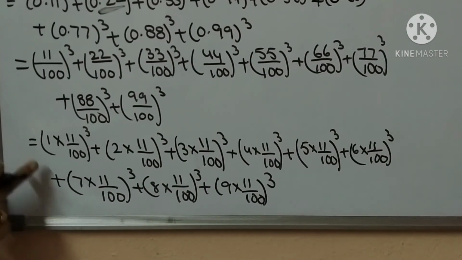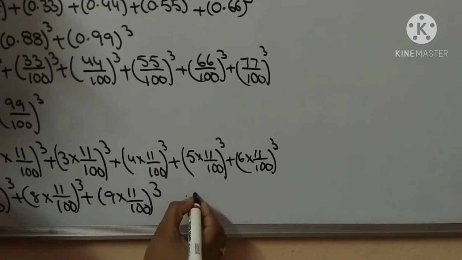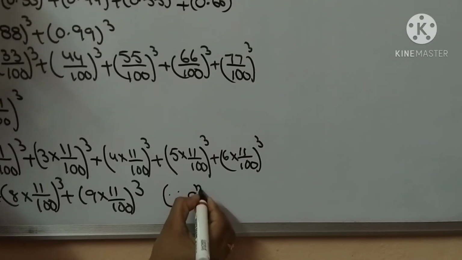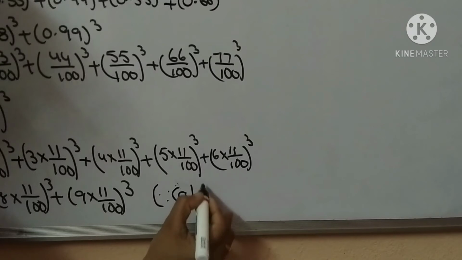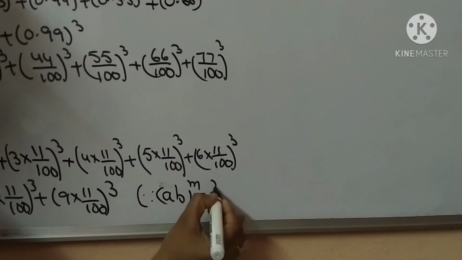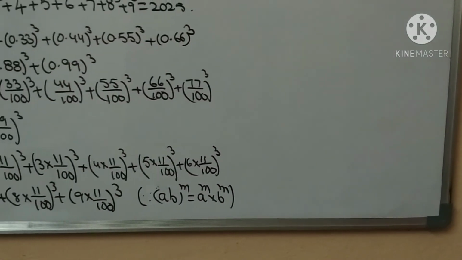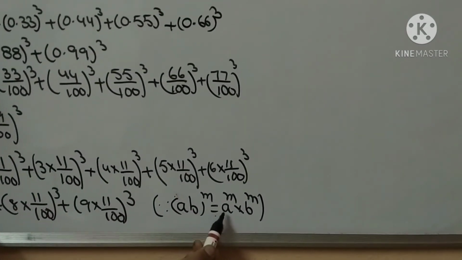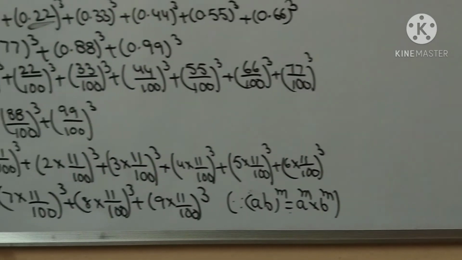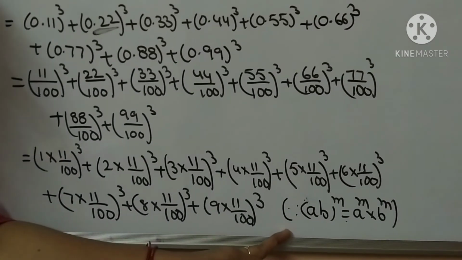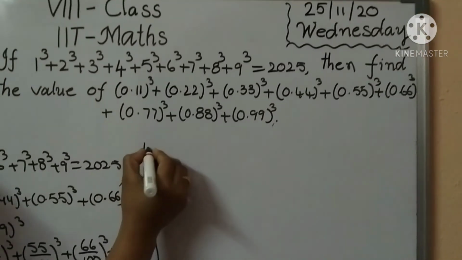So now here we have (a into b) whole power m. Comparing with the laws of exponents, (ab) whole power m equals a power m into b power m. So all are right here, (ab) whole power m. We should write it separately for every number. That is equal to